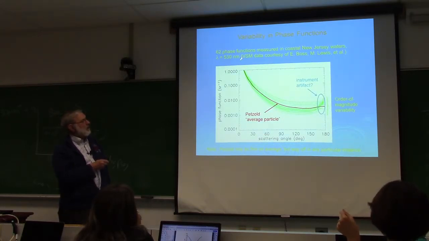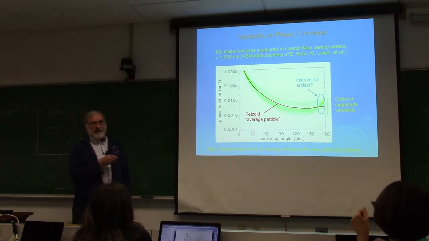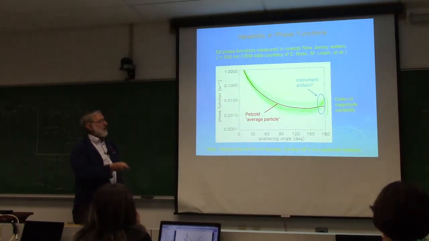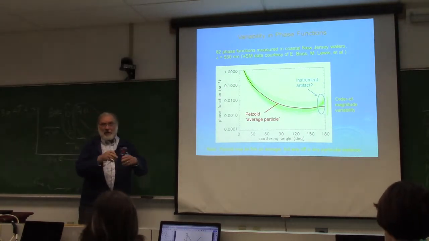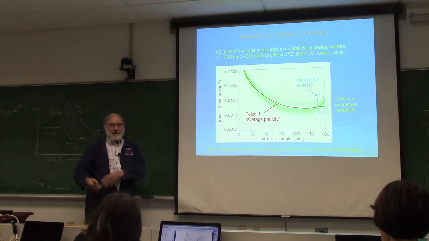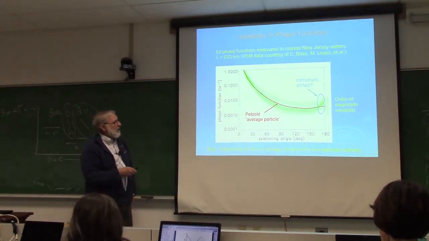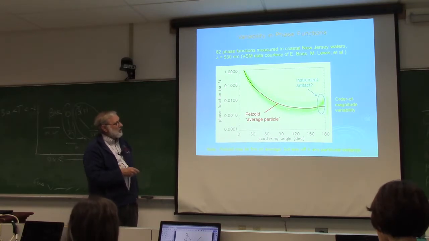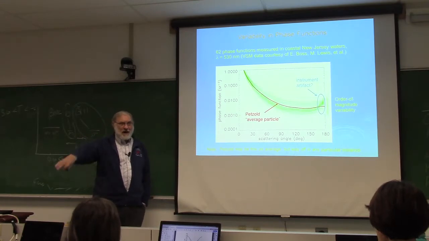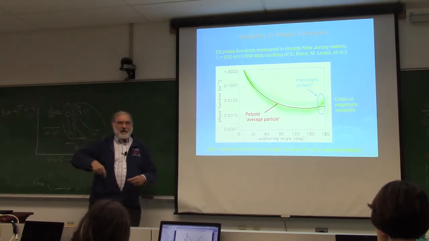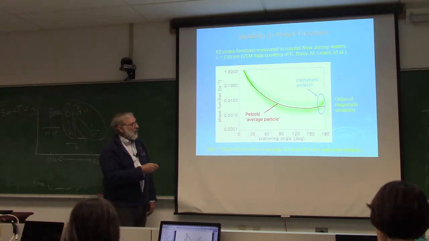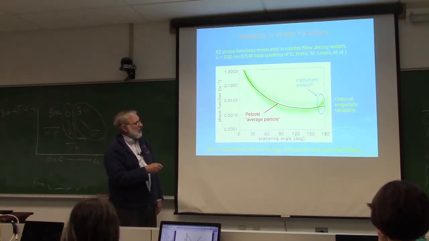There's an instrument called the volume scattering meter, developed by some Ukrainians. They came on this cruise with Emmanuel Boss and Marlon Lewis. They put their instrument in the water. Emmanuel got the data from them, I got the data from Emmanuel, etc. So anyway, here are 62 phase functions measured in what you might think is pretty much the same water. I mean, it's coastal New Jersey, and they measured something over here and then they went over there, and then they measured today and then they measured tomorrow. And so here's the variability that you get